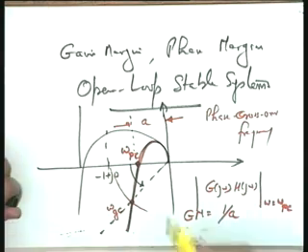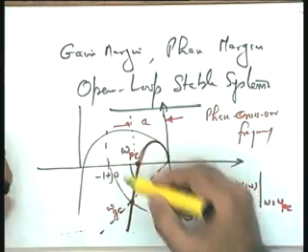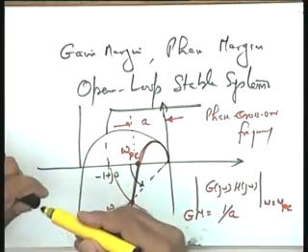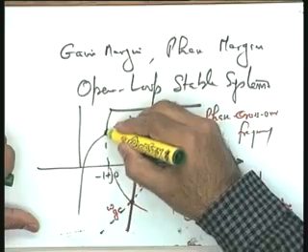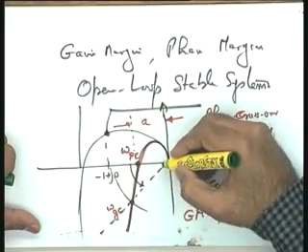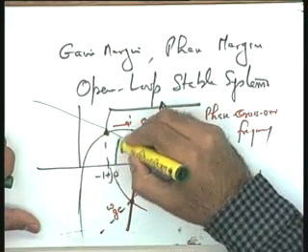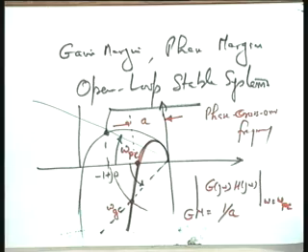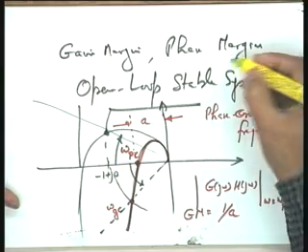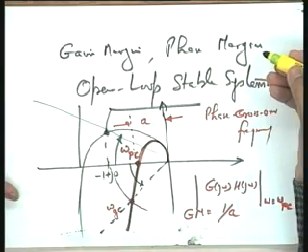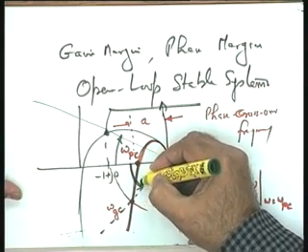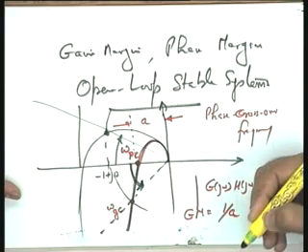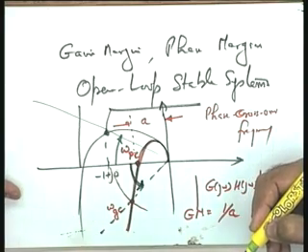Similarly, you can see the phase margin for this particular case. If you see the unit circle here, it crosses this here as far as this plot is concerned, and this will become your phase margin. So, if I go this way, I measure this angle in the clockwise direction and the angle is negative. If I go this way, I measure this angle in the counterclockwise direction and the angle is positive.